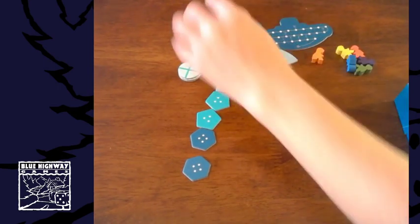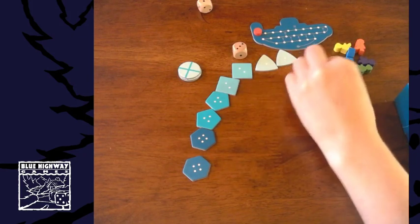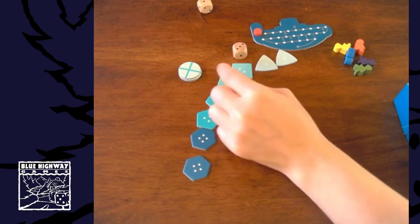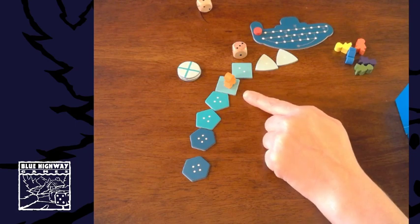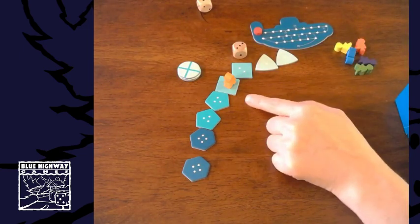On your turn, you're going to roll a die. You're going to move that number of spaces farther. You're deep diving into the ocean. 1, 2, 3, 4. And then you have a choice of what to do when you are done rolling. You can pick up this treasure. You can do nothing. And you can also drop treasure, but you don't know about that yet because there's...